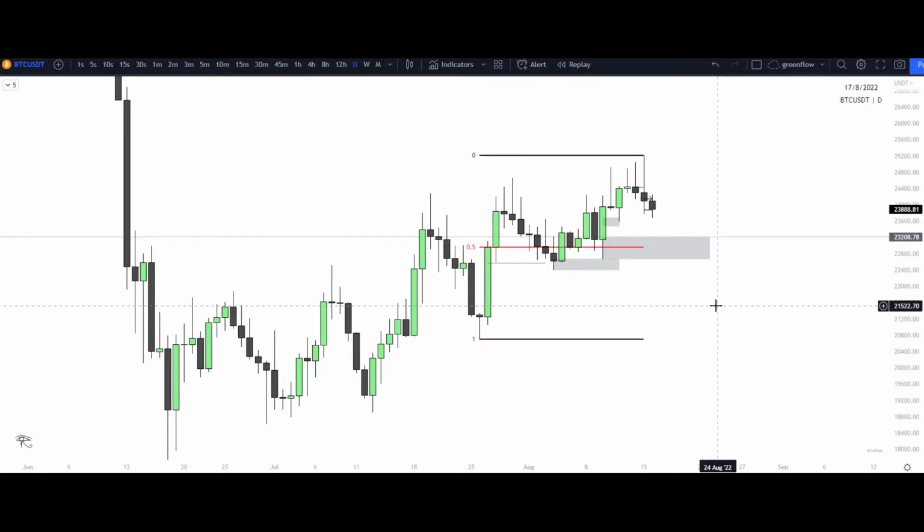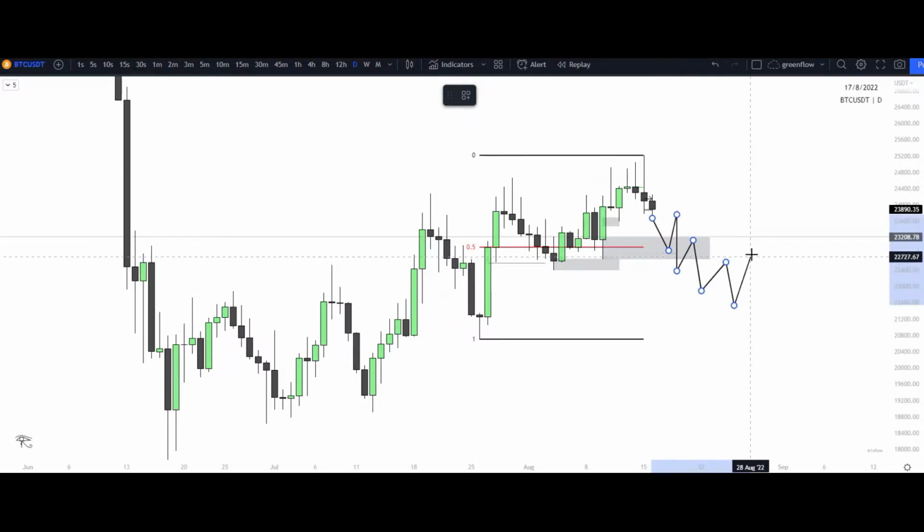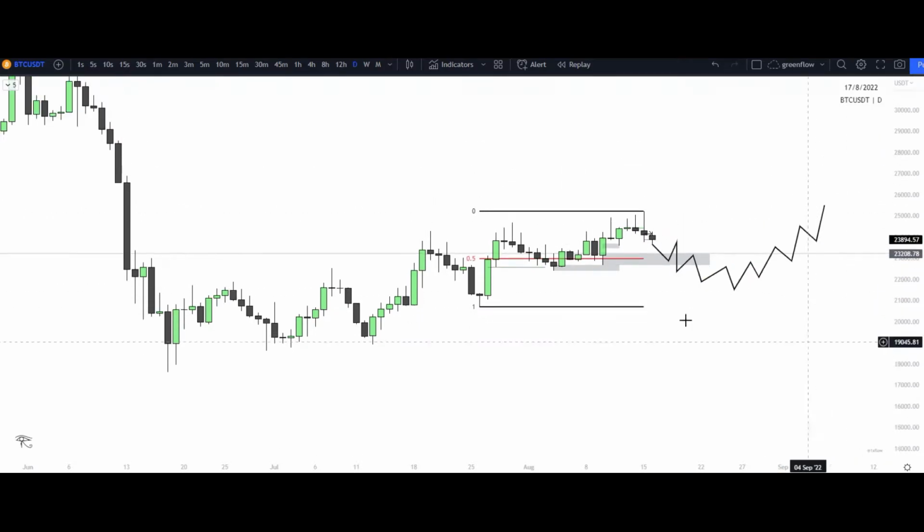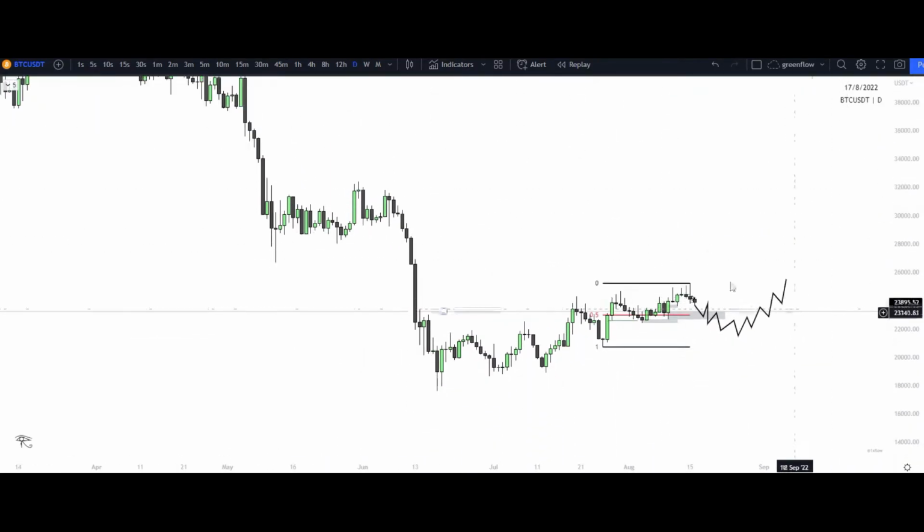We need that displacement to the downside that shows me that shorts are now in control, supply is in control, and then I can take this trade to the downside within these areas, right, of demand, this large fair value gap. And we see some sort of situation, right, where we get these shorts still present in trades now that they've been manipulated out, but then we slowly, right, accumulate into those areas, break structure, and continue to the upside to mitigate those areas higher on supply, right, and overall.